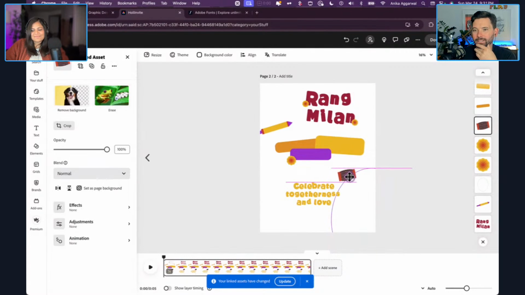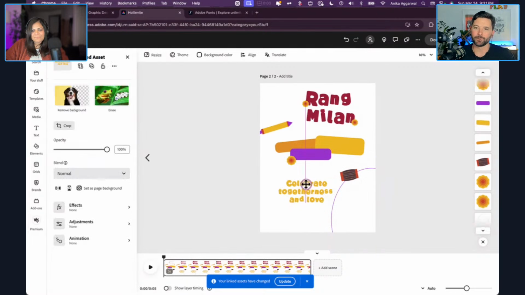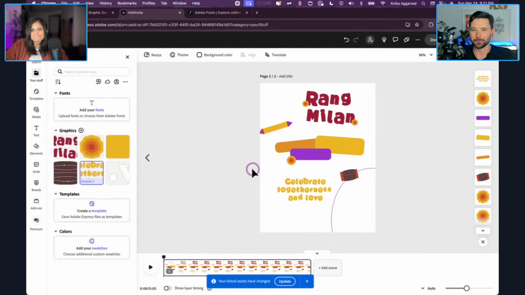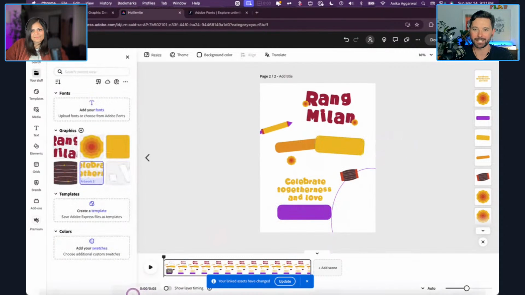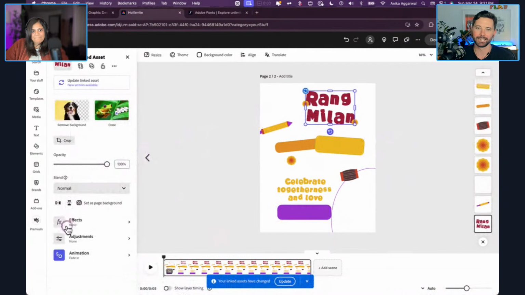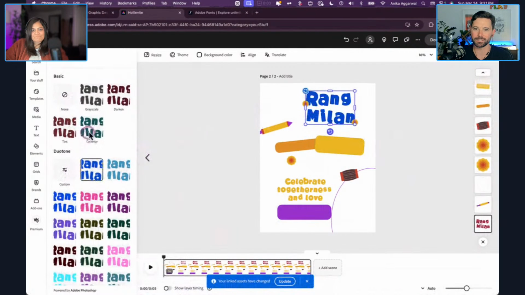I cannot wait for more animation options to come up. I think the ones we have are awesome, and it's amazing what you can do with not that many. But oh my gosh, I can't wait for a whole other set, because I feel like animation is one of those really key things for Adobe Express. Because if you're a traditionally, quote unquote, static designer,